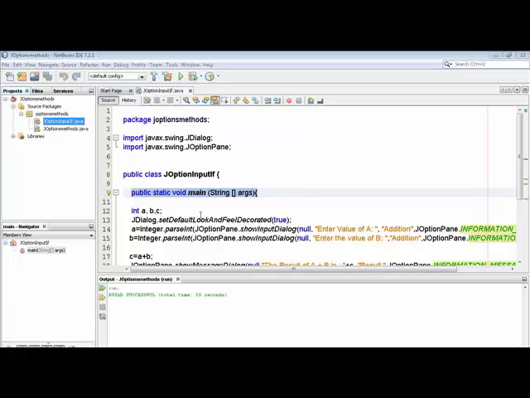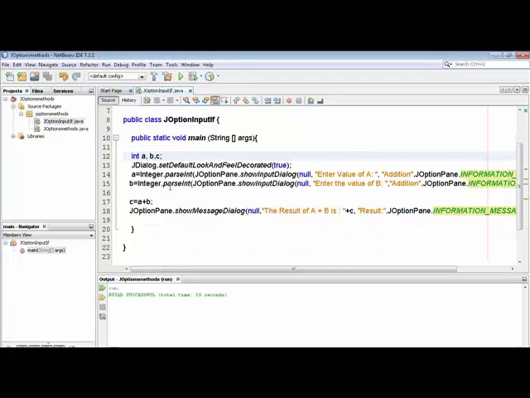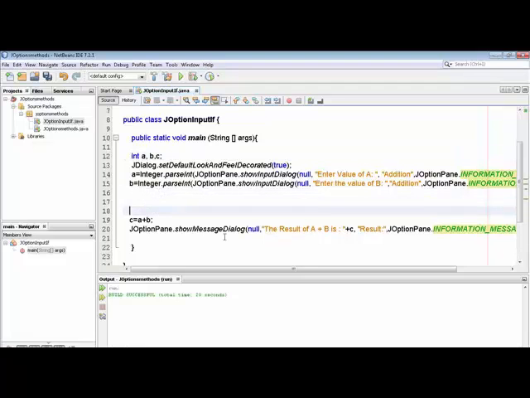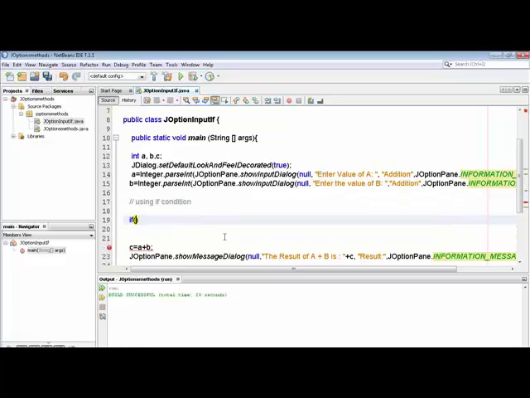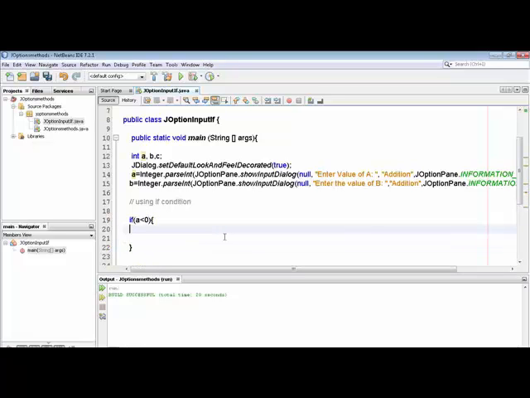Now this is done. If I make a method of this, I can use it. Now if I'm going to fix something, let's suppose I'm using an if condition. If a less than 0, less than 0 means minus 1. You are fixing that the result should not be less than 0 and greater than 100. Let's suppose if a less than 0, then